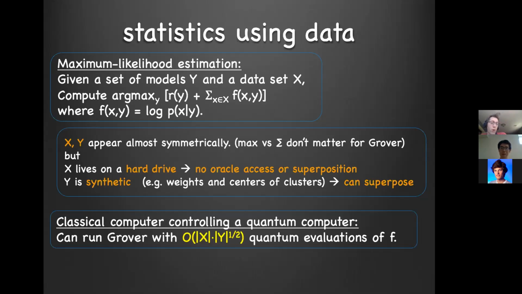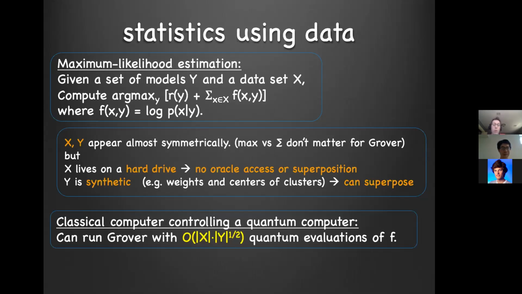Now, I'm going to focus for concreteness on Grover in this talk, because it lets me just say explicitly what the runtime is. But this same idea applies to whatever your favorite optimization algorithm is. Suppose you think the adiabatic algorithm is going to exponentially speed it up, or have some dependence on the size of y that's much better than the square root of y. That's great. You've improved this y term by a lot, but that x term is just sitting there,